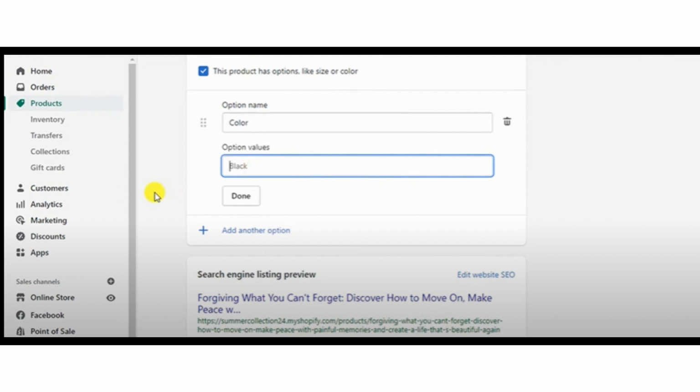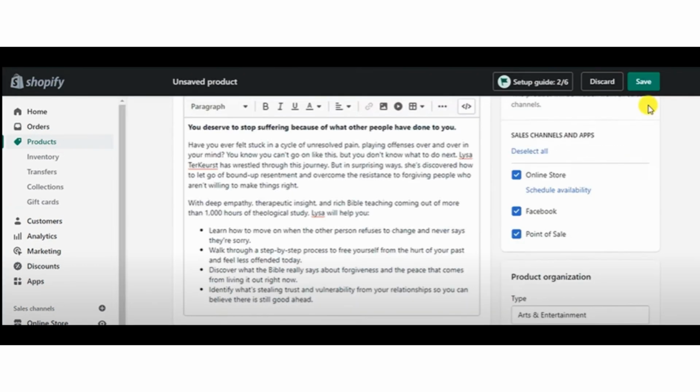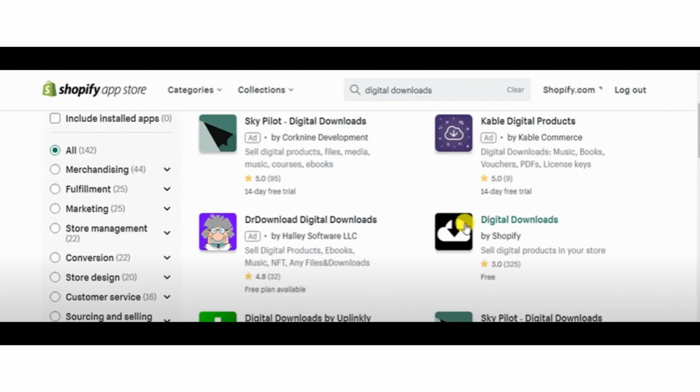Scroll up to product status, select draft, and select the product type here. Select vendor, you can select your collection, and now enter the product tag. Now click on save. The product has been created and now we need to add our installer app, so go